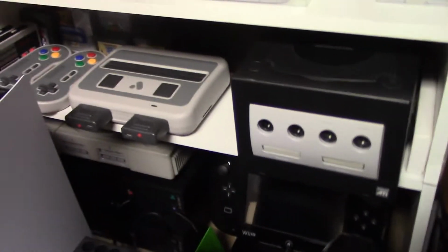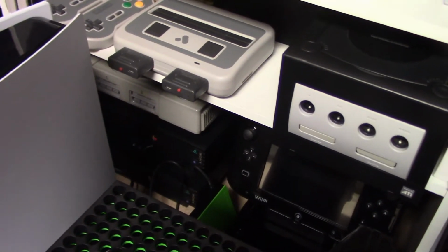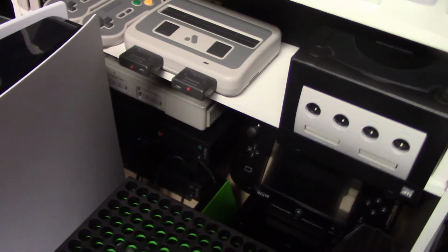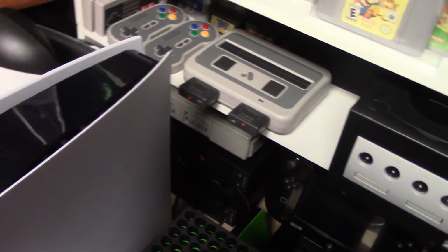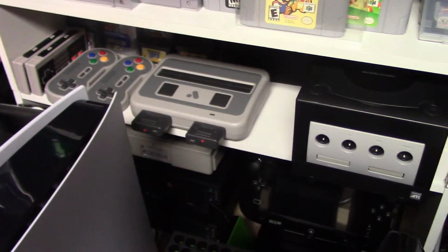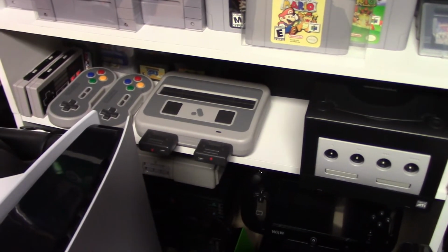Behind my PlayStation 5, I have a PS1 stacked on two PS2 Fats. One of those PlayStation 2 Fats I do use. I have memory cards in it right now. But if I want to play it, I just pull it out of there and set it on the floor and play. So as you can see, I got the Analogue Super NT Mini there